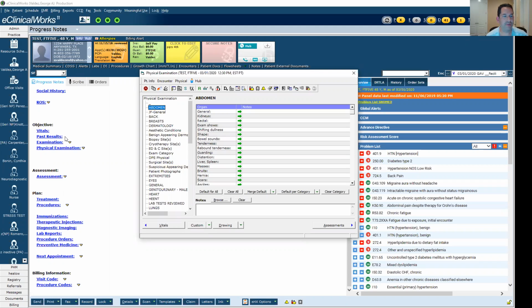Look over here, there's examination and physical examination. I always use physical examination. I don't know why they have two things, but it is what it is. When you go to customize, first I'm going to use one of the other providers who created their own thing, but